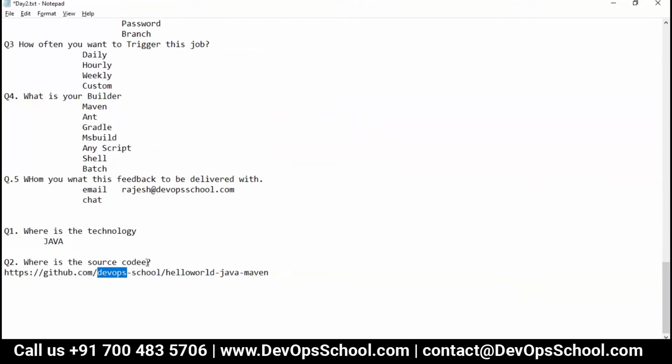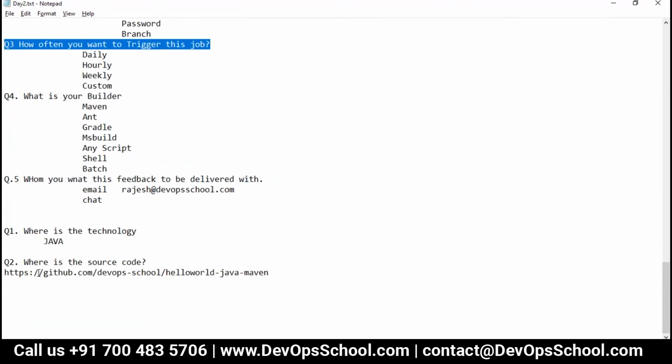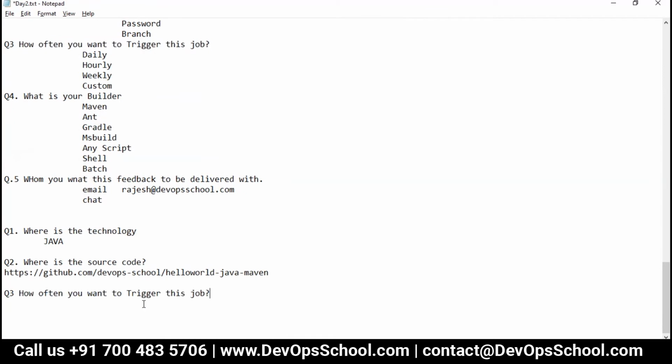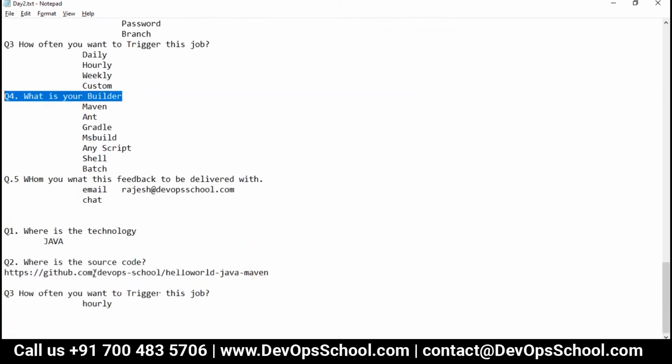Do you need a password to access it? No, it's a public project. Third thing, how often do you want the build to happen? Let's say hourly. Fourth thing, what is your builder?